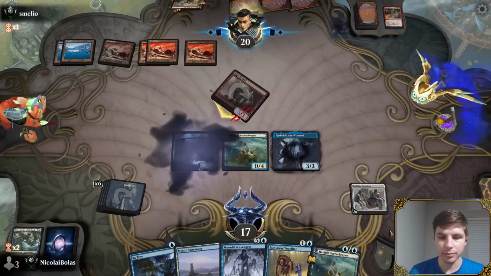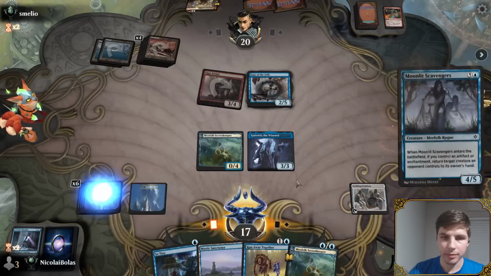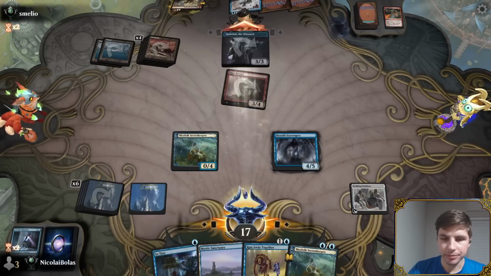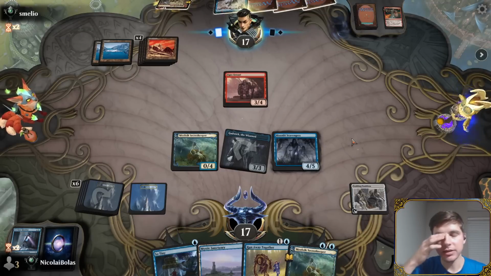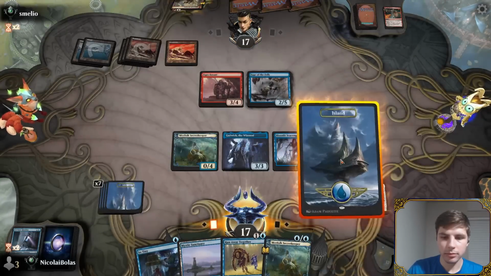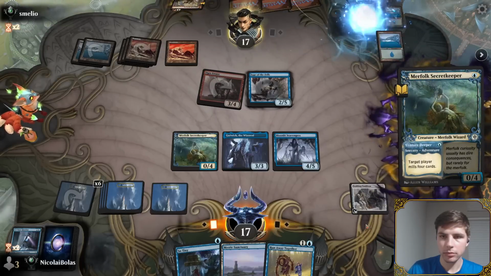Rimrock, sure. Sage of the Falls. Yeah, do you want to loot, buddy? Sure, I'll hit them with Gadwick. Why not? There's actually a really cool blue-red deck that just can't beat the mill deck that relies on drawing 2 cards a turn. Yeah, like they have like...